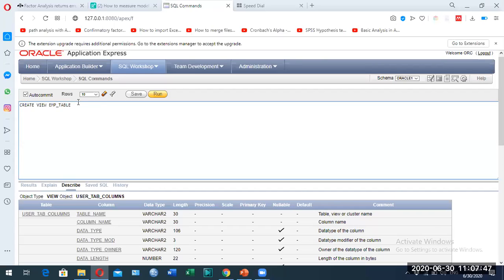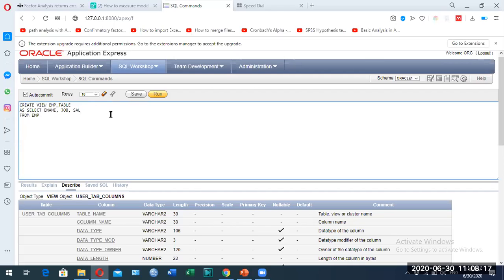Then we write AS, then SELECT, to create the view of name, job, salary from the employee table. So it will create the view of the employee table.